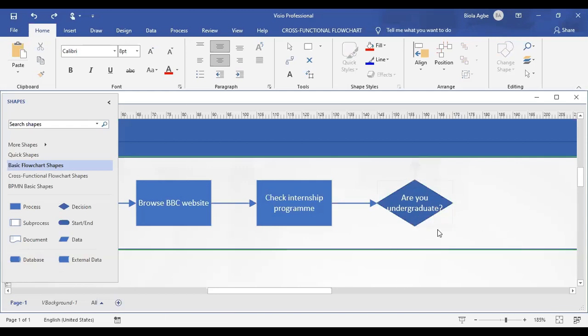And anytime you are using this decision box, always note that you need to have yes or no, because you are asking a question, so it is either yes or no. It will be one of the answers. But you need to say, if it's yes, what should happen if it's yes? We can say,